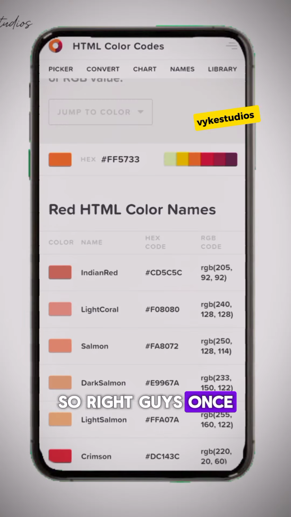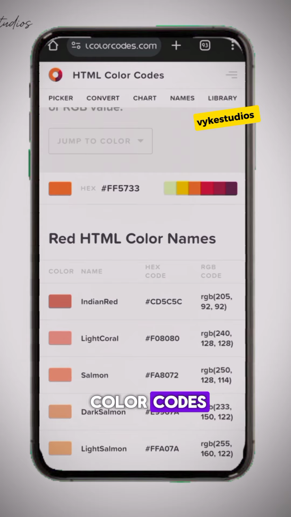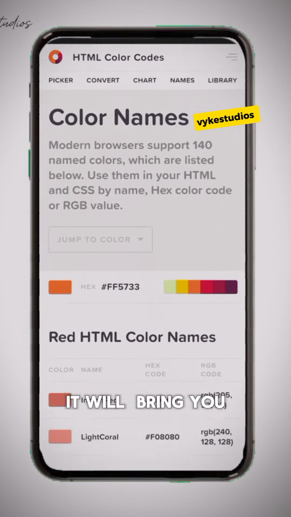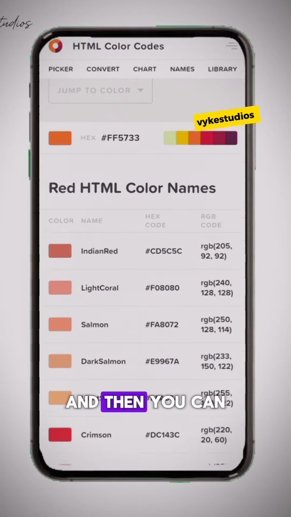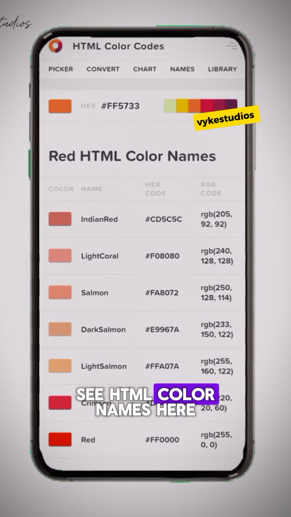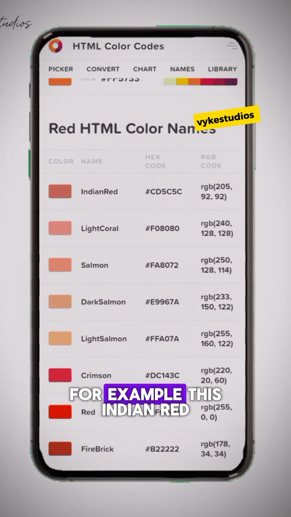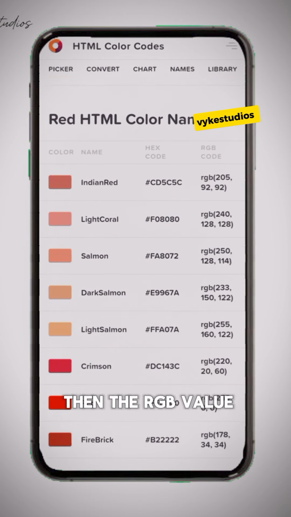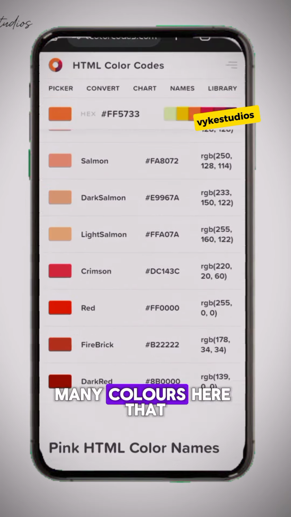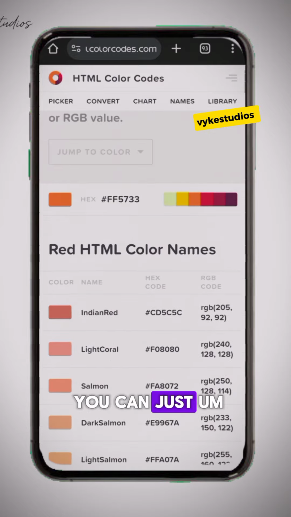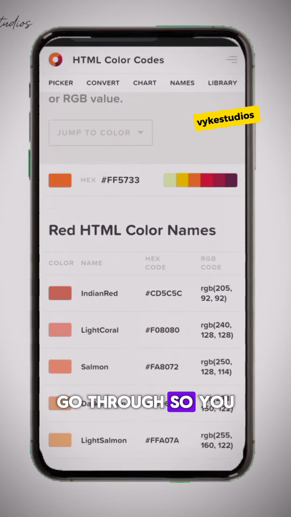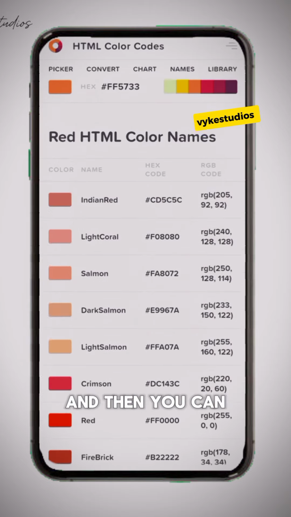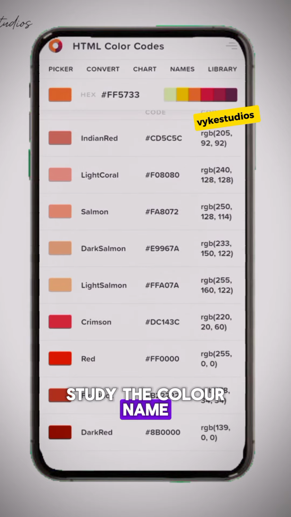So alright guys, once you get to HTML color codes, you come over to where you are seeing names here. Then once you click names, it will bring you to this place, and then you can see HTML color names here. So you can see, for example, this Indian red, this is a color name, and then the Hexcode, and then the RGB value. So there are so many colors here that you can just go through. So you can come over to jump to a color, pick a color, and then you can study the color name